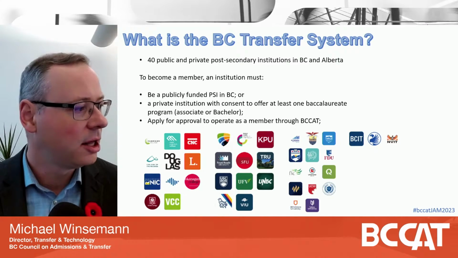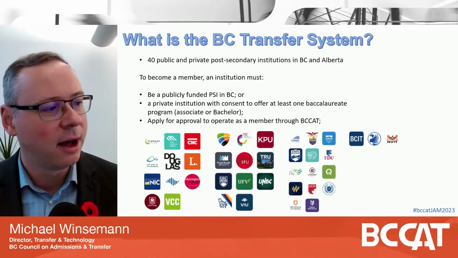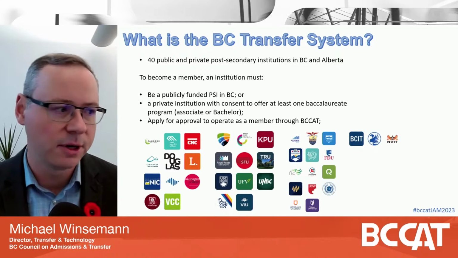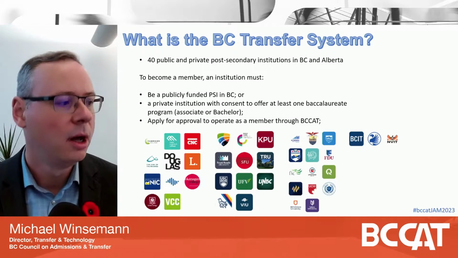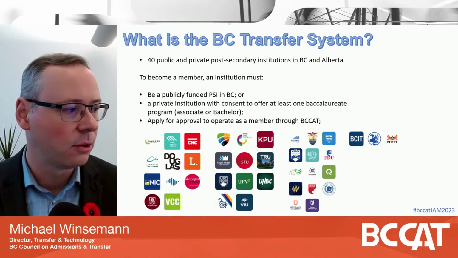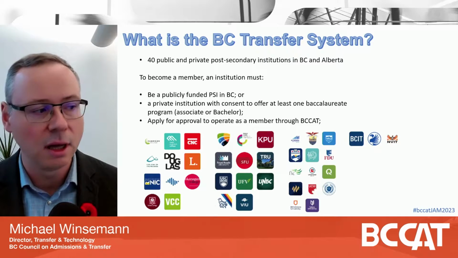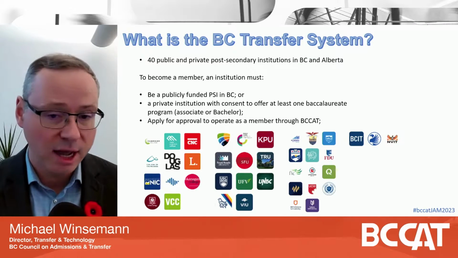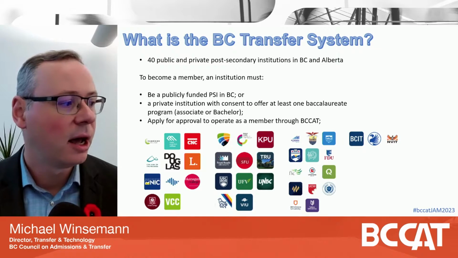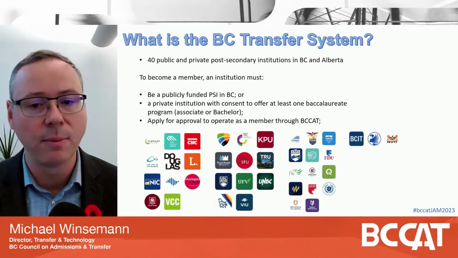Thank you, Okanagan College. To become a member of the BC transfer system, you have to be a publicly funded institution in British Columbia, or a private institution with consent to offer at least one baccalaureate program. That can be an associate degree or a bachelor degree. Just having consent to offer a degree program does not mean automatic membership. You do have to apply for approval to operate as a member